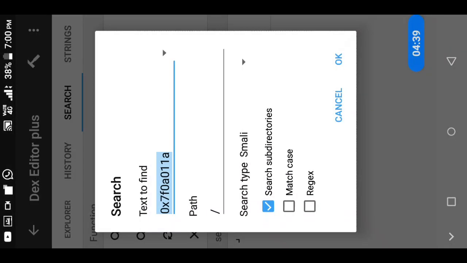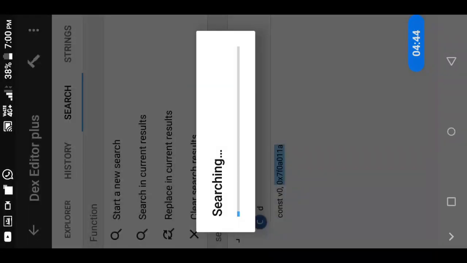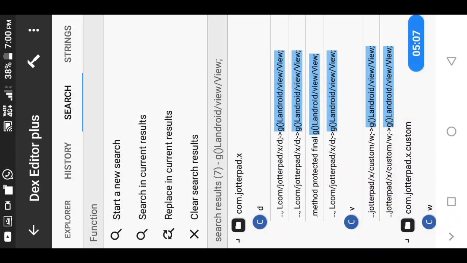Let's search where it is being called. Now in this result, if we find any call in AddOnCreateActivity, we can easily crack that. We can easily analyze it in AddOnCreateActivity.